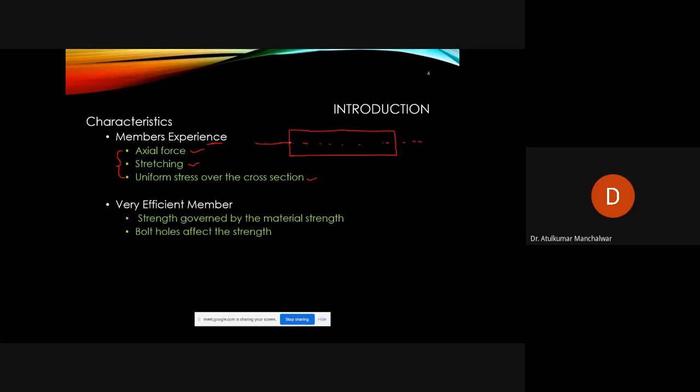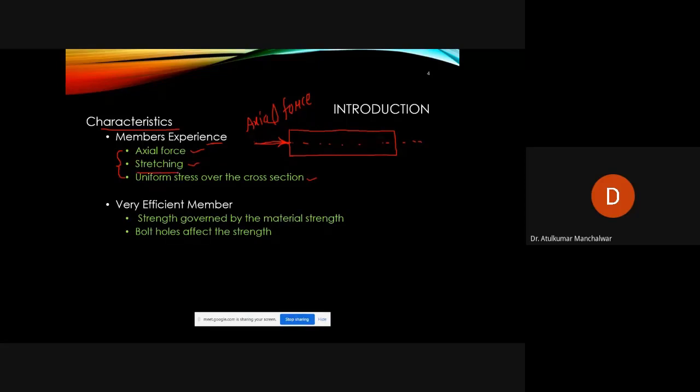If your force is acting exactly at the center, this is called axial force, which is acting along the major axis, or you can say the longitudinal axis. The force which is acting along the longitudinal axis of a member is called axial force. Okay, so if your member has axial forces, it's the characteristic of the member. So in the tension member, only axial forces will be there, but the axial forces should be